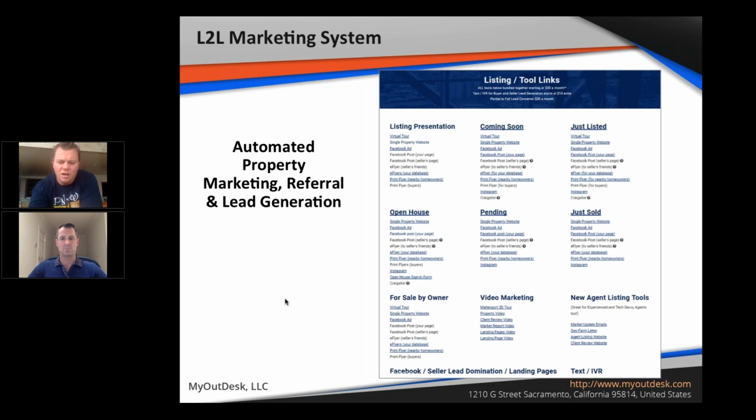And the point here, I wanted to ask a little about referrals, how you could use Listings to Leads to generate referrals inside your sphere of influence. Talk about that. How does the referral and lead generation piece work inside Listings to Leads? Yeah, we've got an ongoing long-term, you might call it referral, you might call it just database lead generation,